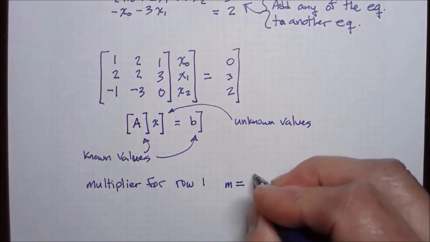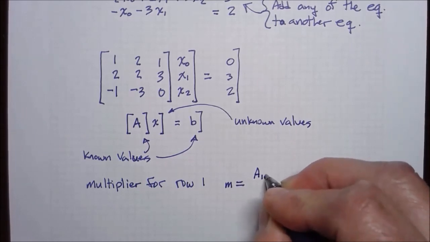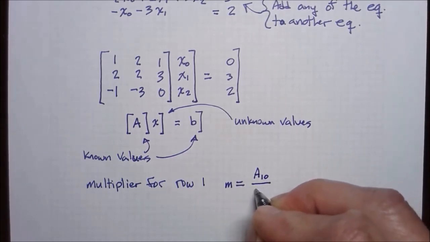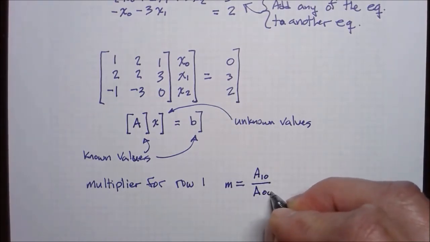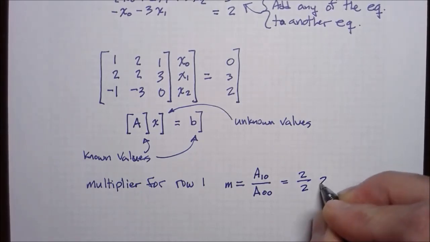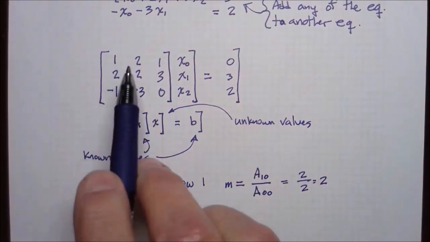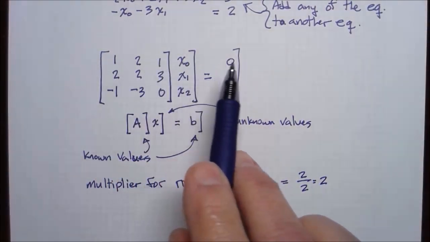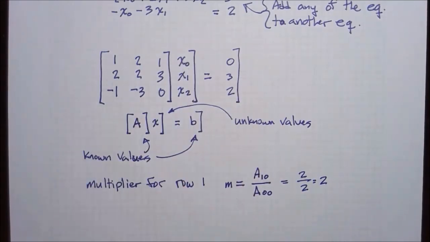This will be A in row 1, column 0, divided by the value of the matrix A in row 0, column 0. So that's going to be 2 divided by 1. Our multiplier is equal to 2. We're going to take this multiplier, multiply by the first row of this system, and then subtract that result from